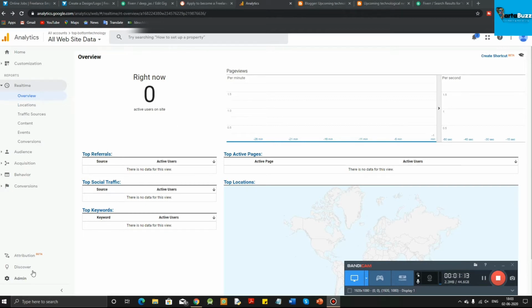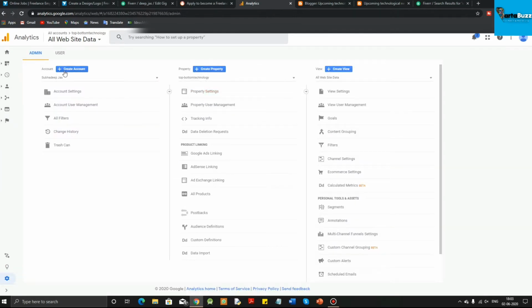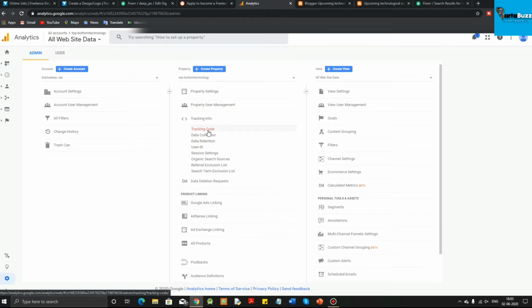So for that you have to go to the admin page, and here it will take time to load. Now here you can see account, properties and views. Under view, tracking info is given, so click on tracking info. You will get a tracking code.